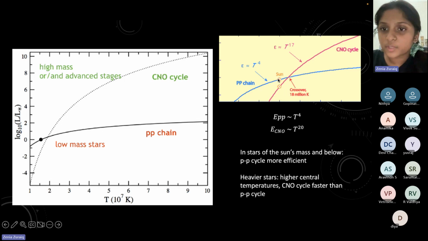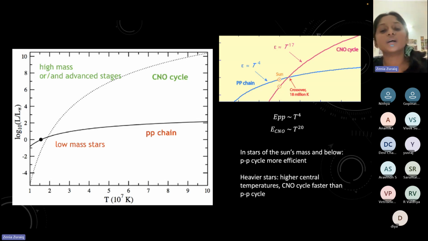So our sun lies somewhere here, and you can see that for our sun, this is again the same axis as this, energy versus temperature. You can see that the energy from the PP cycle is a little bit more than the energy from the CNO cycle. And this is of course a log scale. So even though it looks like a small difference here, it's actually orders of magnitude. So that's why we say that in sun-like stars and low mass stars like the sun, the PP cycle